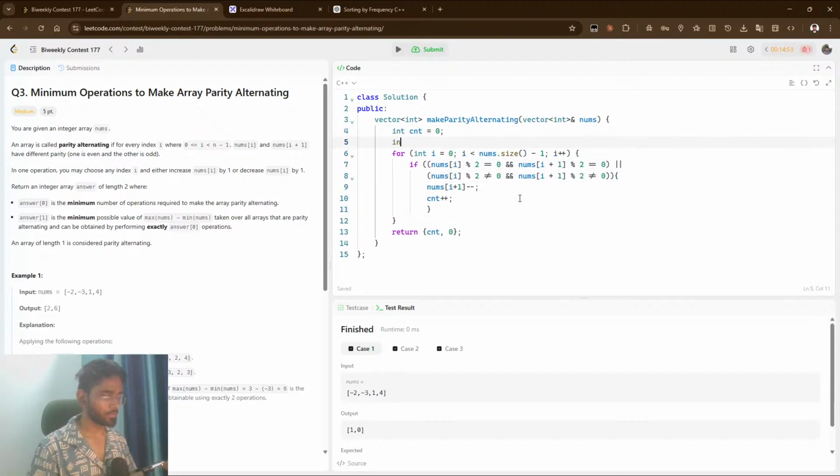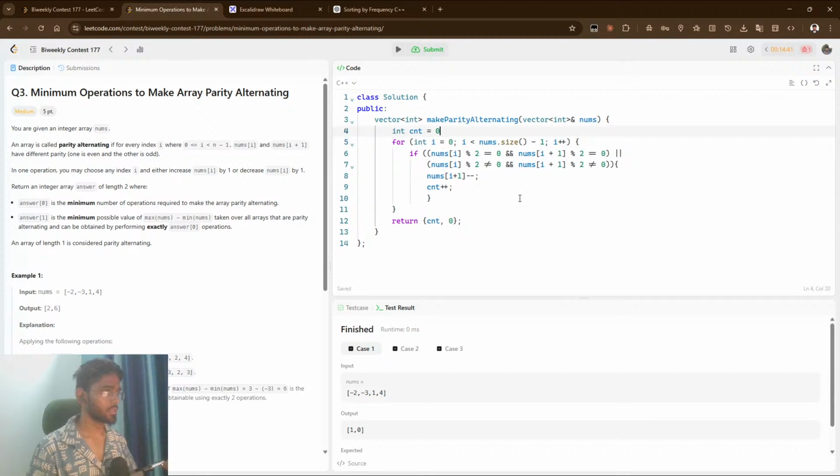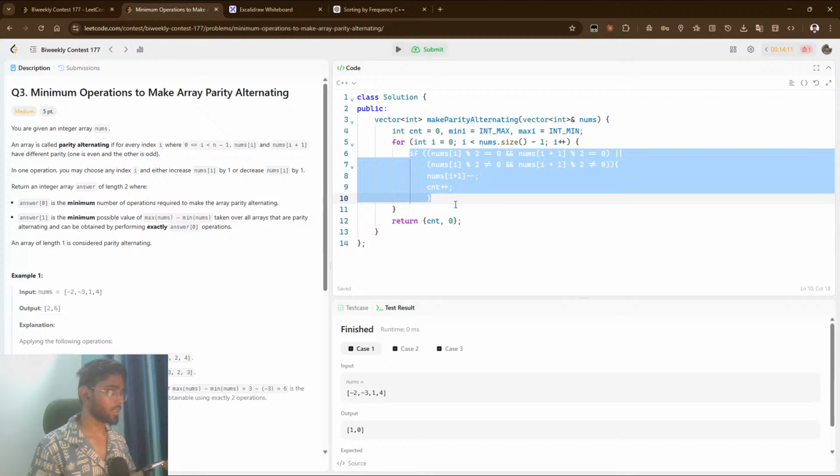and then you will have int min equals int max, int count, ठीक है, mini equals int max, and then maxi equals int min, ठीक है, equals 0। आई डोंट केयर ये सब चेंज करने के बाद।